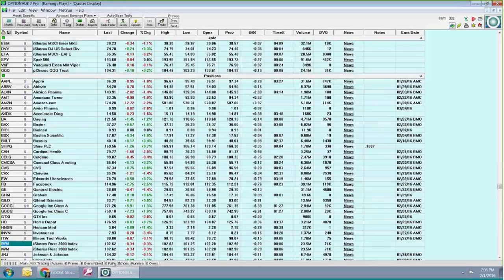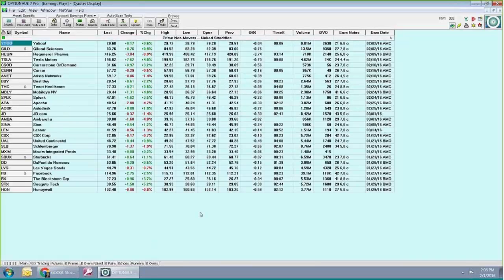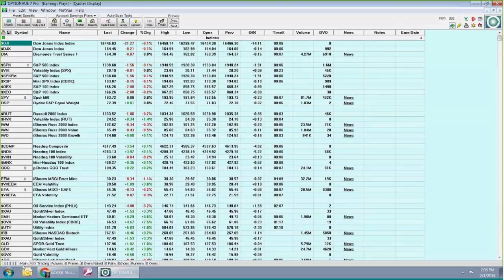E-pairs is things like Google and Microsoft. So say Microsoft is announcing, take a position in Google. When Microsoft announces, Google will also move. E-pairs is similar in that they tend to move the same way. Once the earnings has gone off, and say it's up at least 3%, then you would take a directional position for the other stock to go up as well the rest of that day.